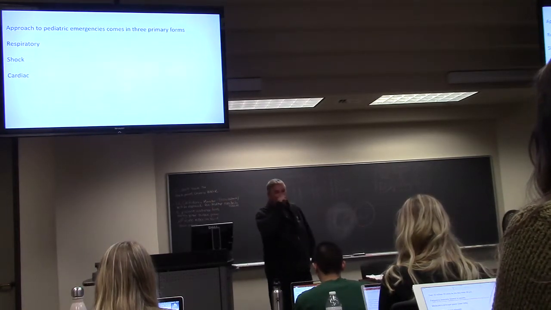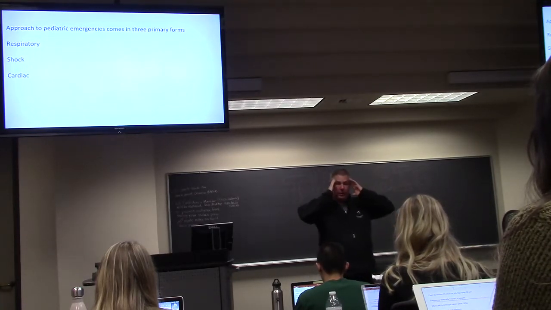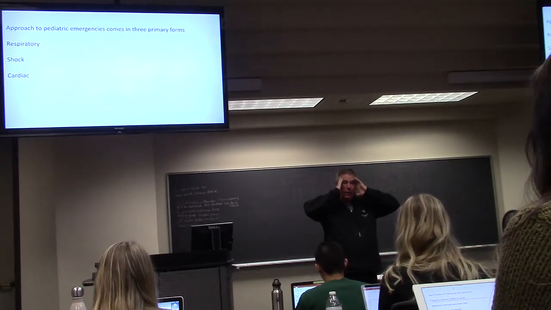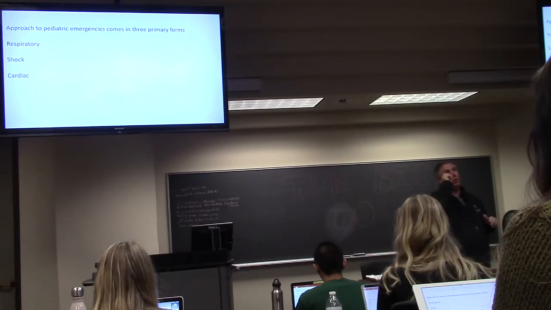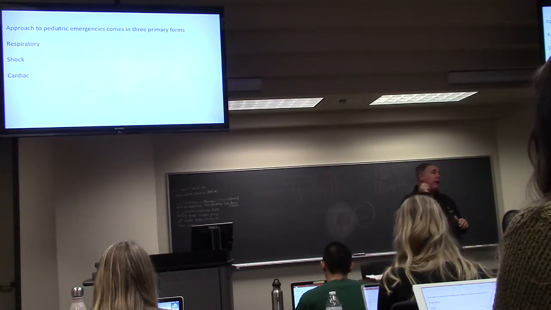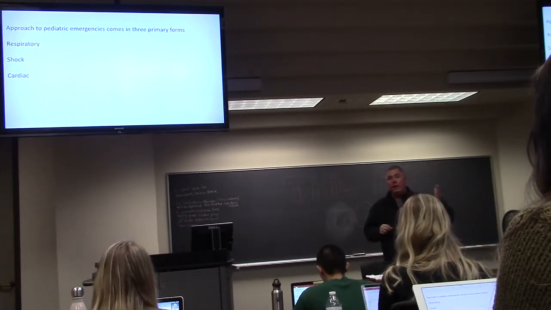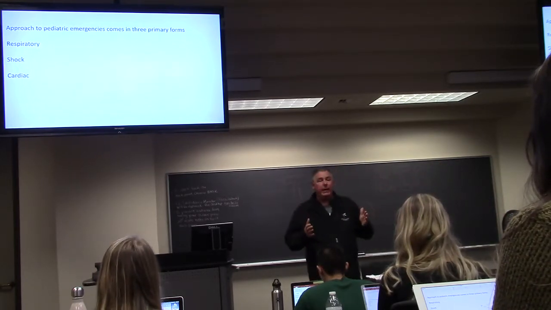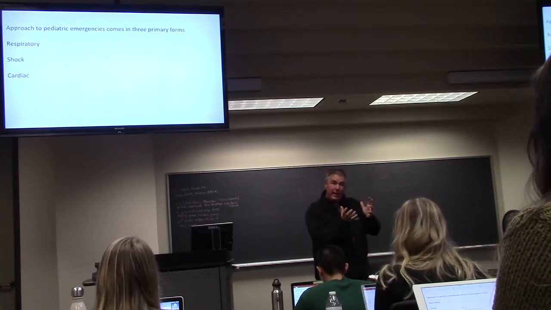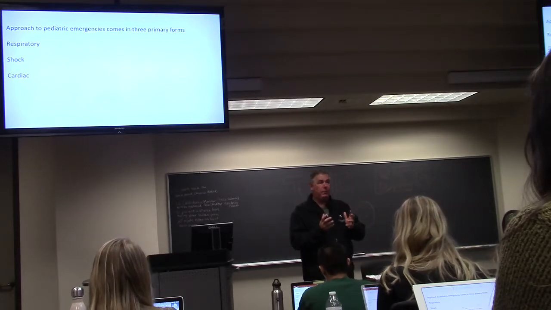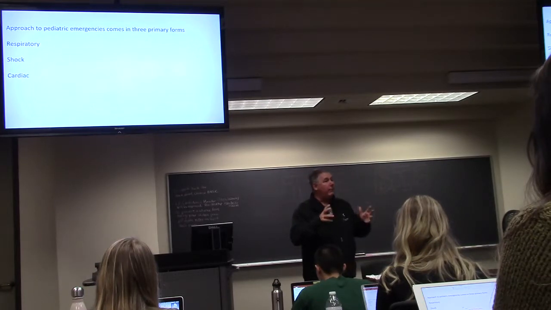So, when you look at pediatric emergencies, you consider, when you're developing your differential diagnosis, why is this kid in trouble? It's going to be one of these three things, or it's going to be a combination of those three things. It's either a respiratory issue, a cardiac issue, or a shock issue. And they're related. They're related. And each of these has different levels. Like